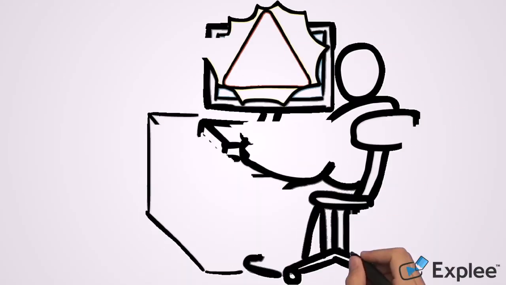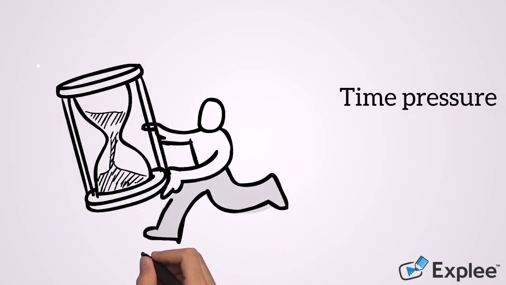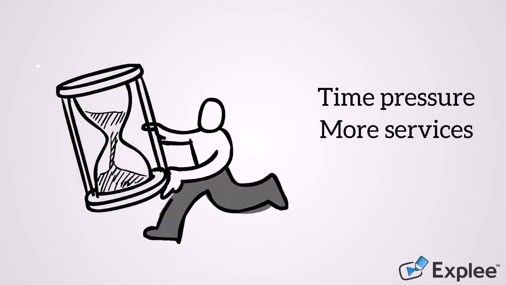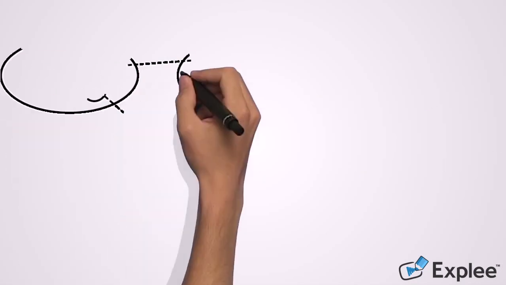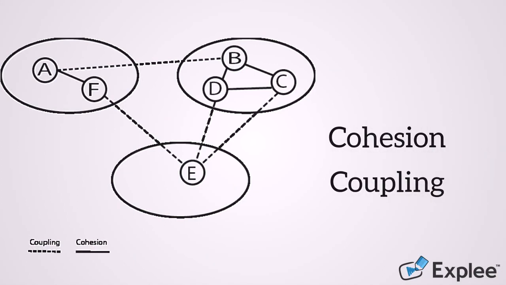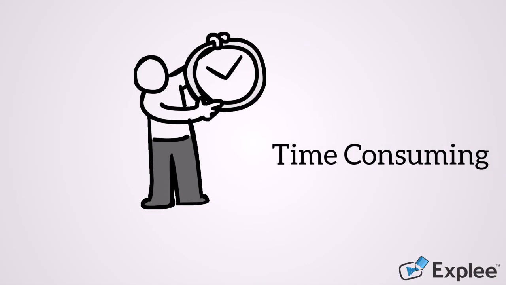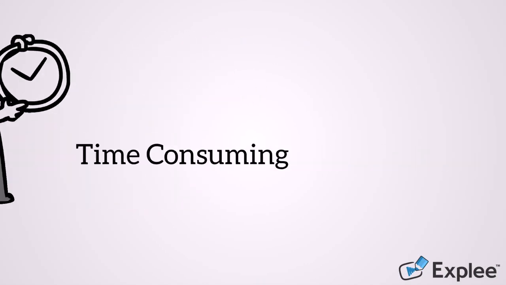Progress has been going quite well, which means that there are no major issues at the moment. However, the group has some coming challenges such as time pressure, as more services are to be implemented and corresponding design patterns have to be understood. The patterns will be introduced in order for the application to respect cohesion and coupling, and because of lacking experience this process is quite time-consuming, since there are a lot of patterns the group is not familiar with yet.